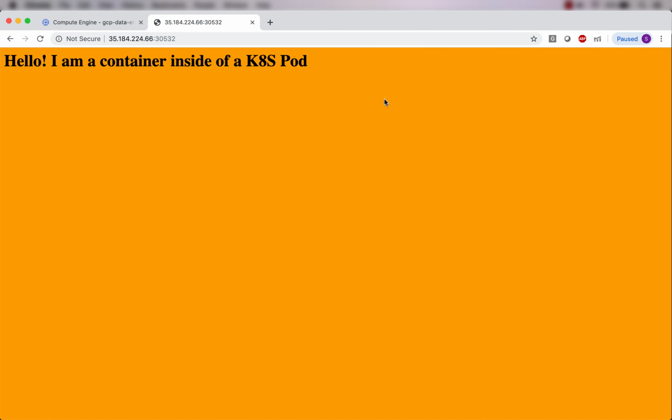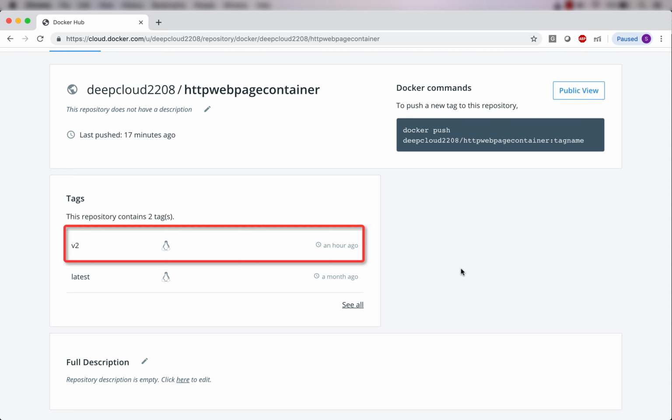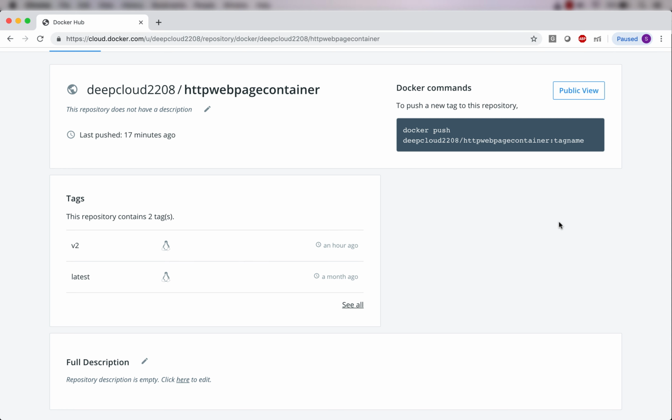So what I'll do is I'll make some changes in the application. I mean, there won't be any real application. I'll be changing the background to green rather than orange, and I'll change a little bit of the text so that you see that the upgradation is happening. The first thing that I have done here is that I have pushed a new container image in this Docker Hub repository. So the image has been tagged with v2, not latest this time, and I'll be using this image to do the upgradation using deployments.